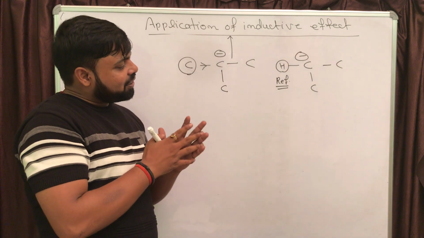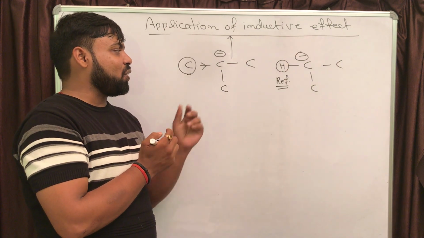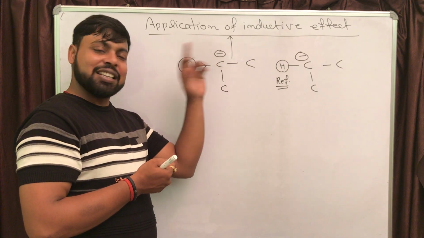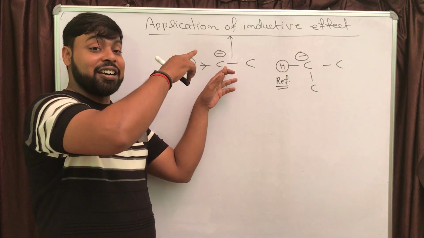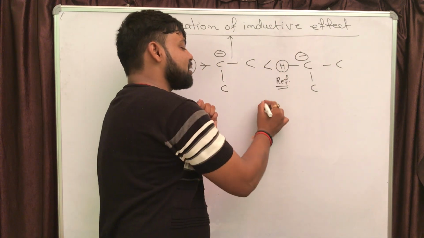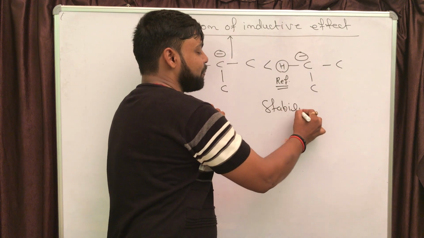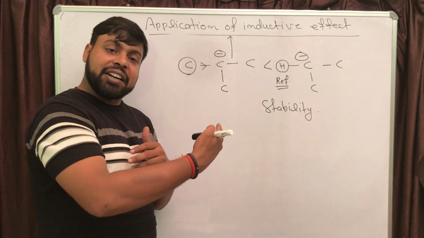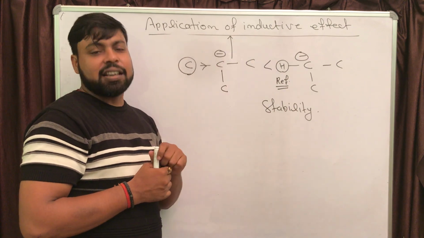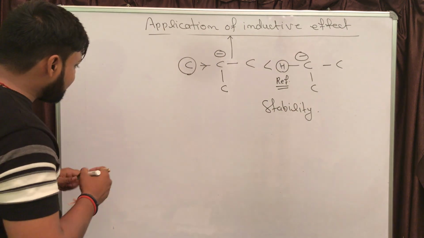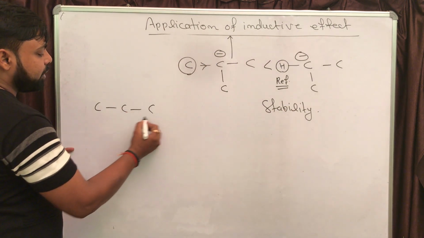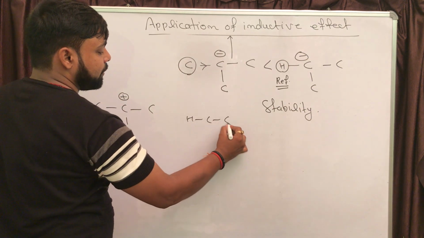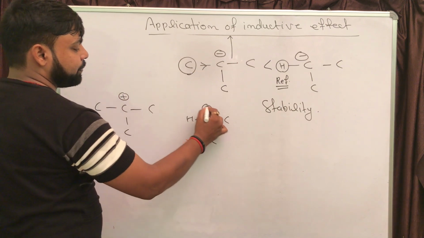So definitely from these two, we can say that if you are having electron donating group, it is going to increase the negative charge. So more is the magnitude, lesser is the stability. Stability wise, definitely second is going to be more stable. So I can conclude that electron donating group destabilizes the negative charge. In similar way, if I am writing carbocation, let's say it is positive charge and the second one is having 2-degree carbocation, right?